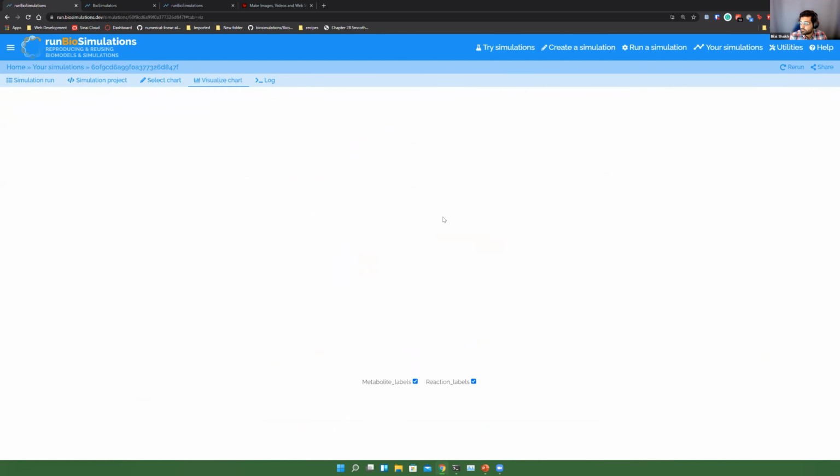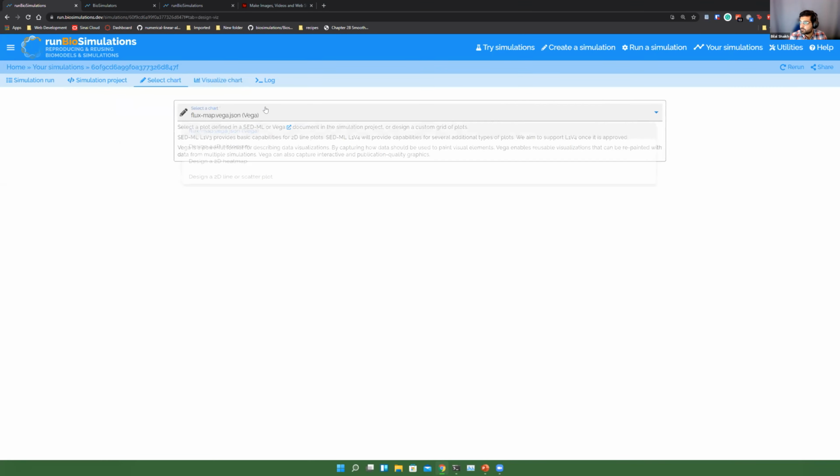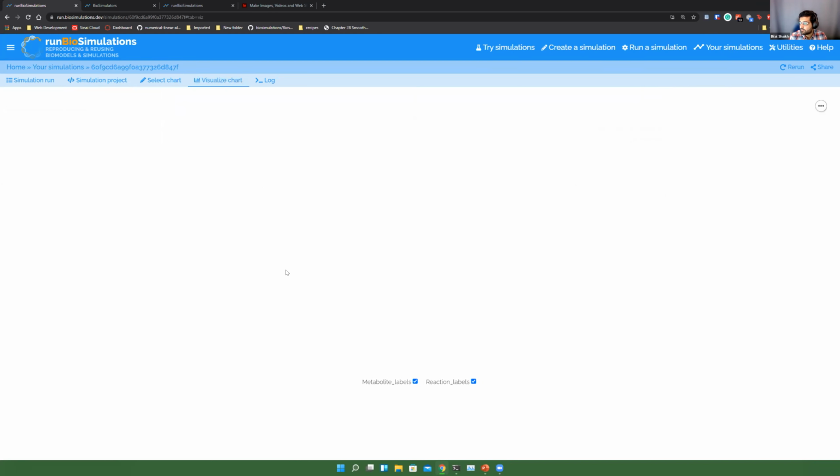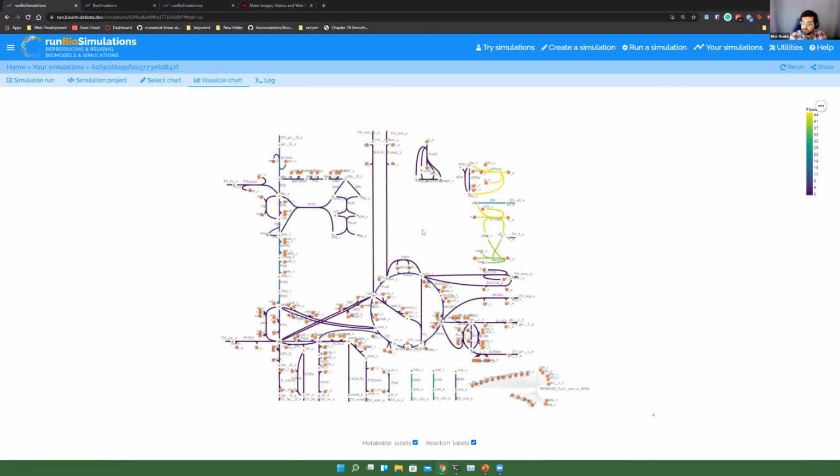And then when I come back to that model, I'll be able to just select the chart and see how this really changed. So we think this is a really good feature because it provides a way for a lot of the figures that you see in publications to be represented in a way where you can recreate those figures with different data sets.